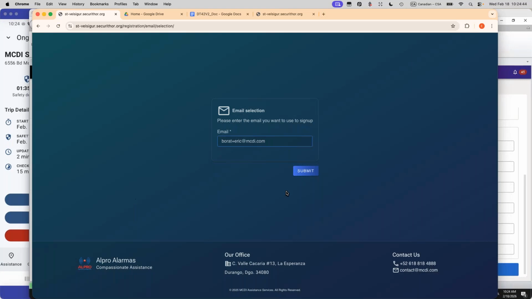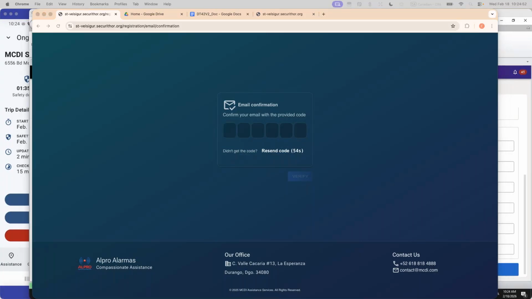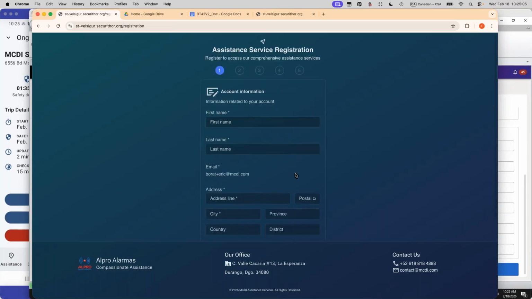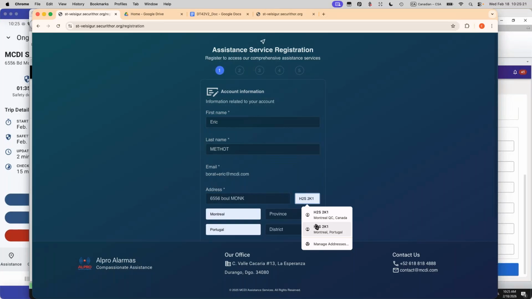to do a web registration to bring you through a web registration. So it's essentially asking for the subscriber to verify his identity. I received an email with a code, so I need to enter that code to validate that I am who I am. So I need to identify myself,